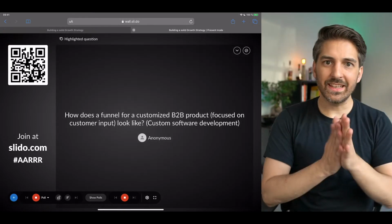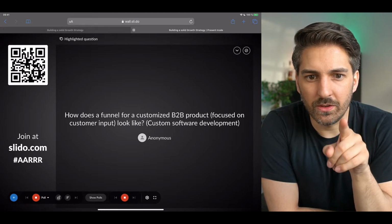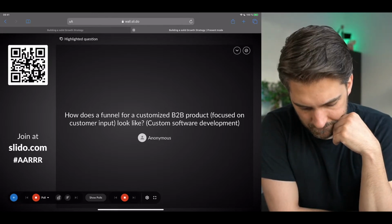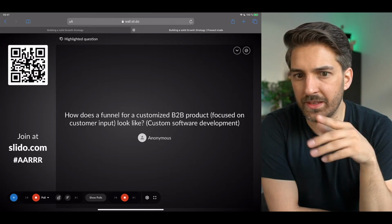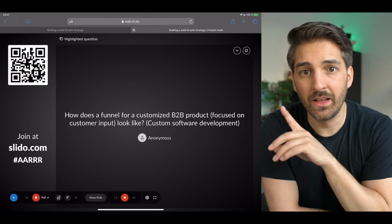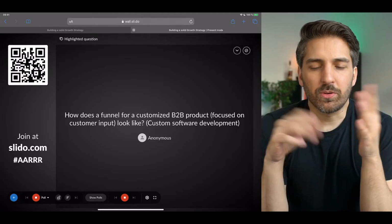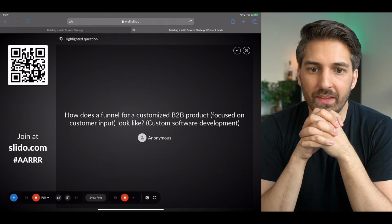Cool. Next question is, how does a funnel for a customized B2B product focus on customer input look like? Custom software development. Okay, very good. So we are essentially talking about a software agency that is building custom software for other companies. Yeah, so definitely clearly a B2B product. In general, high value. Most software starts like from 10, 15K to 150K, like in that region. So your biggest problem is that there are so many of those agencies out there and you have to stand out. So I would focus on